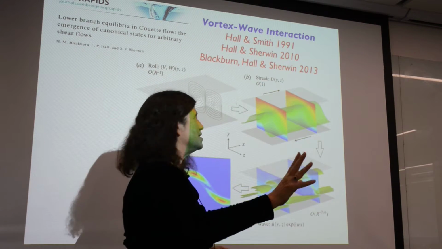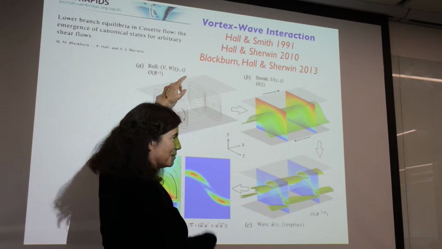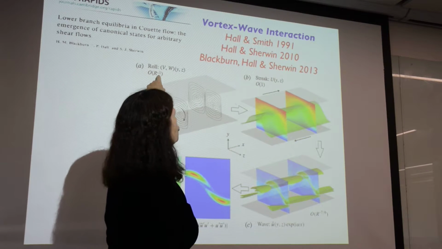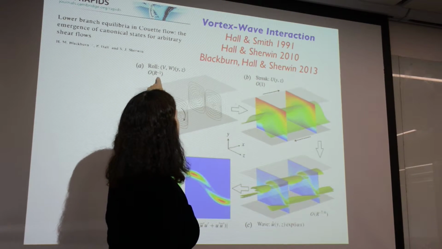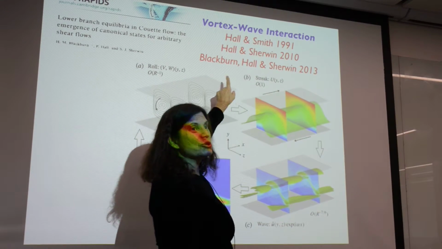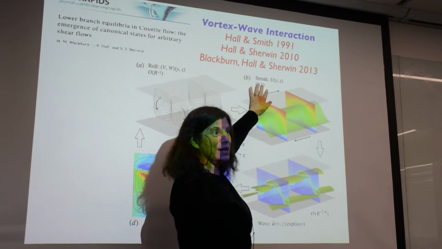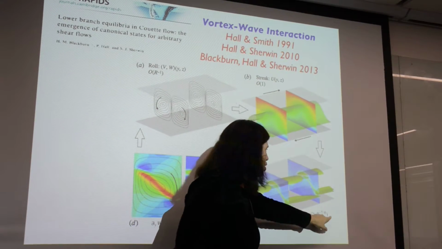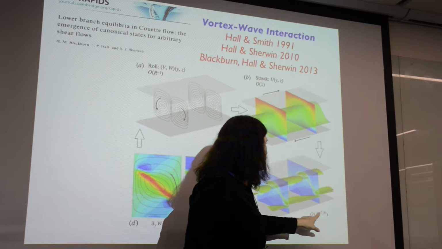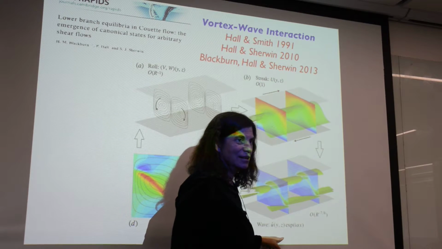And there were predictions that they made long ago, before there were computations, that they did with asymptotics, about the strength of these rolls, that this would go like 1 over the Reynolds number, and that this would be much stronger, because the Reynolds number is supposed to be big, so 1 over the Reynolds number is small, and then this is much bigger. And then they had a prediction of this, that this was the dependence of the amplitude of the mode that looked like e to the i alpha x.